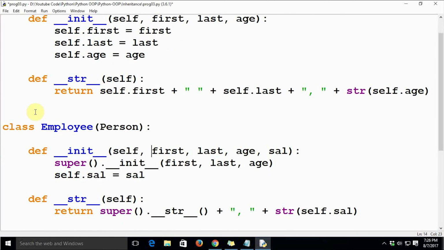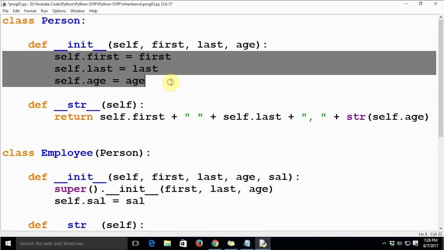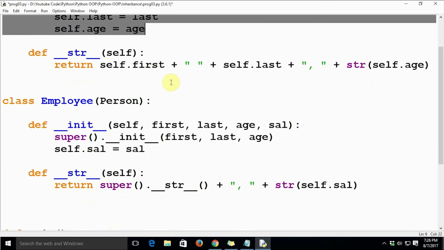Now anyway we are deriving class employee from the class person, so class employee is also going to inherit by default these three fields. The same is with the str method.